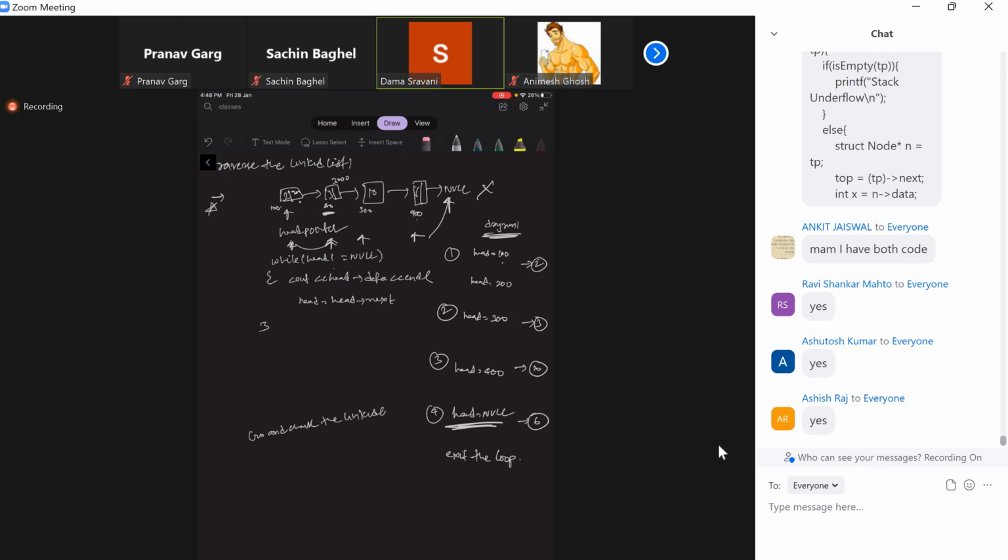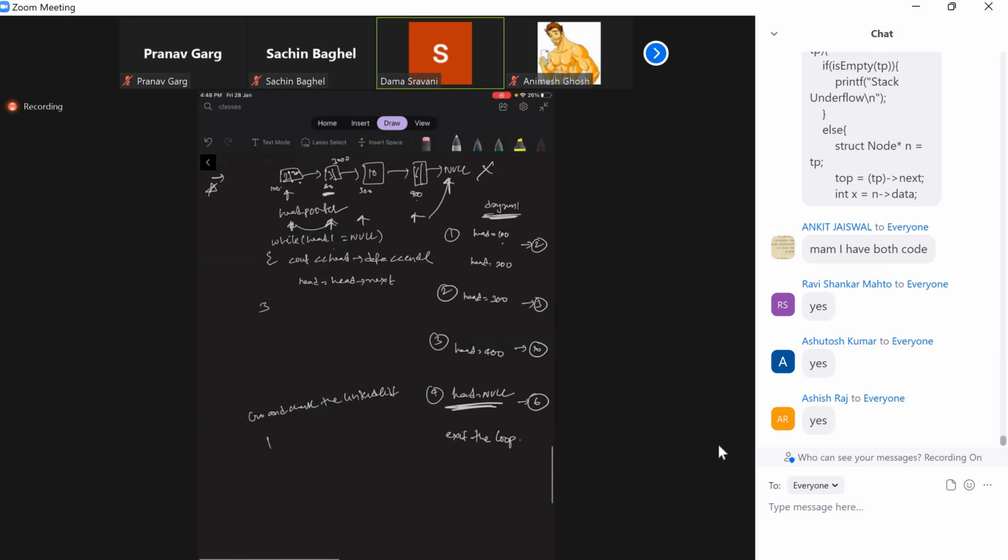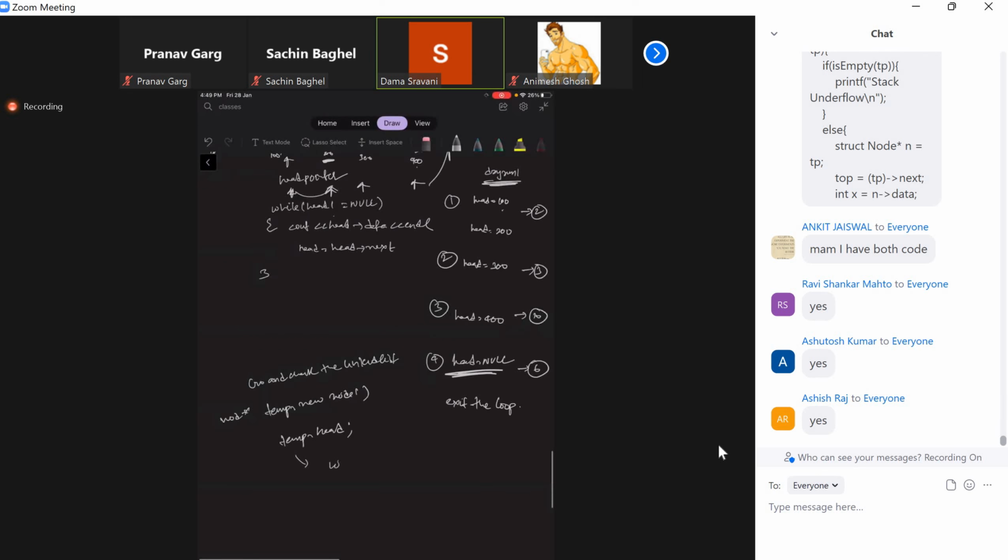So often, head pointer is not used for traversal. What we do is basically create a temporary node, temporary pointer, and store your head value in some temporary node, use temp to traverse